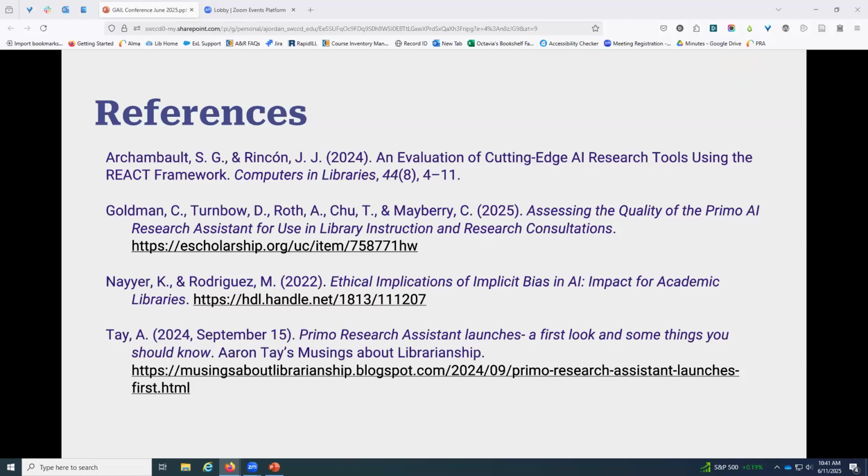Robert said they have enabled it at UNCP and they're using it to help students craft better research questions. And then David adds on to that and says that he has his students do a reflective activity to evaluate the PRA. And overall, this past semester, the students have really valued it. Sonia notes that they also struggled with those changing results because they couldn't figure out how the natural language is being linked to the controlled vocabulary.